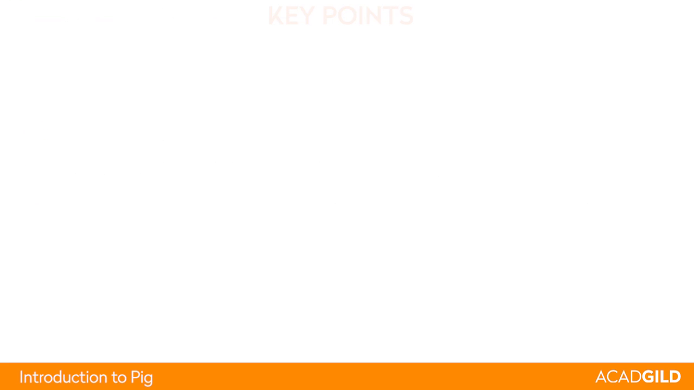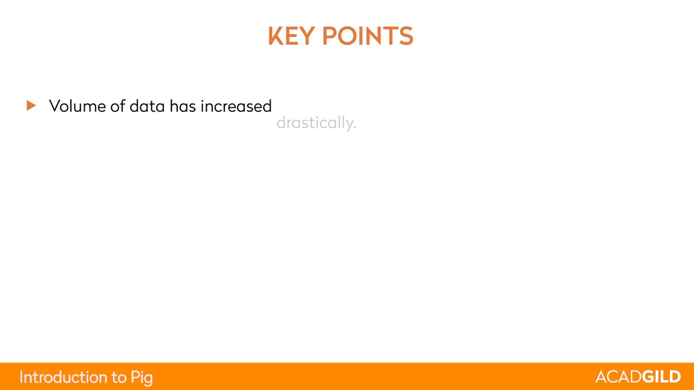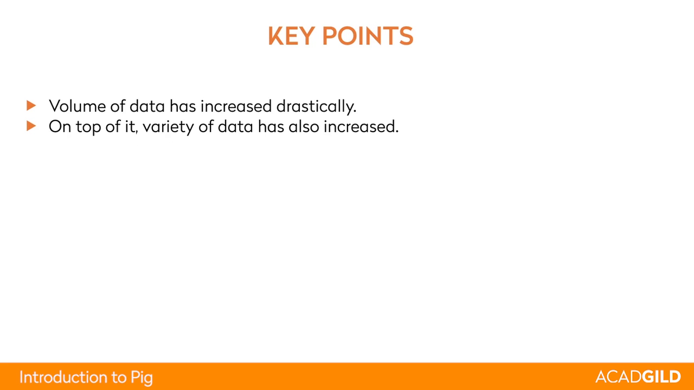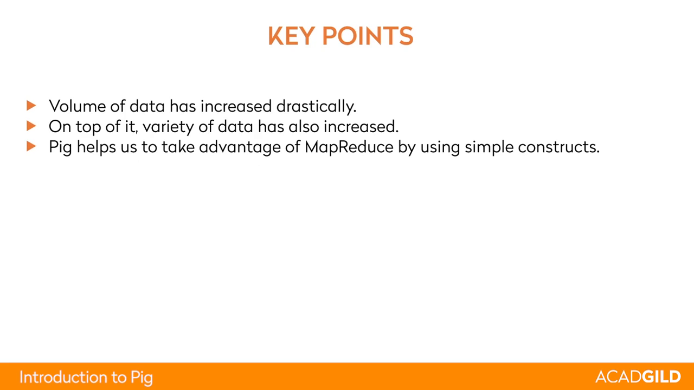So let's get started. The first thing is, if we talk about the volume of data, it has massively increased. On top of it, the variety of data has also increased. Traditionally, we have been using MapReduce for the same. But MapReduce is very low level. You have to perform operations using Java whenever you have to achieve certain functionality. Pig helps us take the advantage of MapReduce